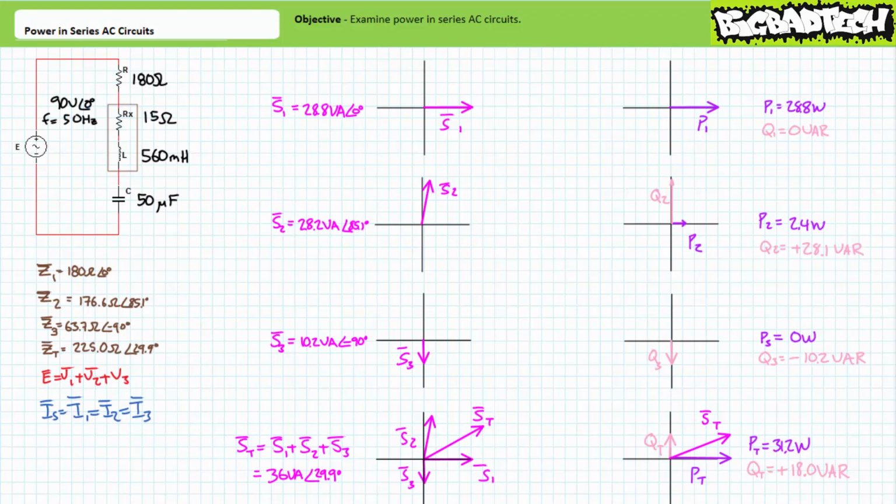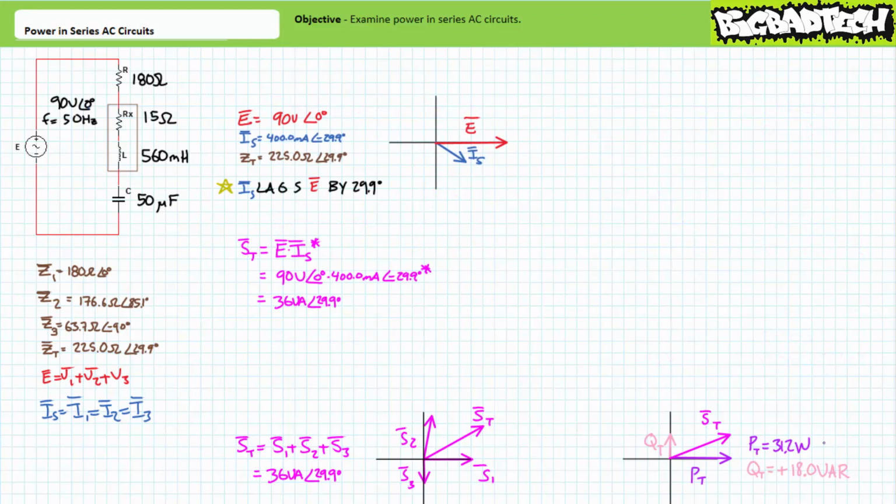If adding up individual apparent powers accounting for direction and individual real and reactive powers seems too easy, we can always check this work with a quick calculation. Total apparent power is the complex conjugate of supply voltage times source current. Substituting in our given values, we arrive at a total apparent power figure of 36 volt amperes at an angle